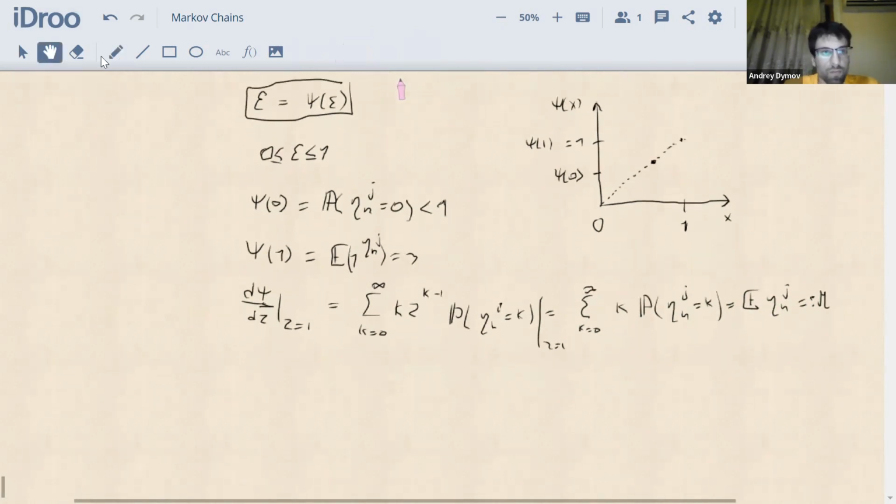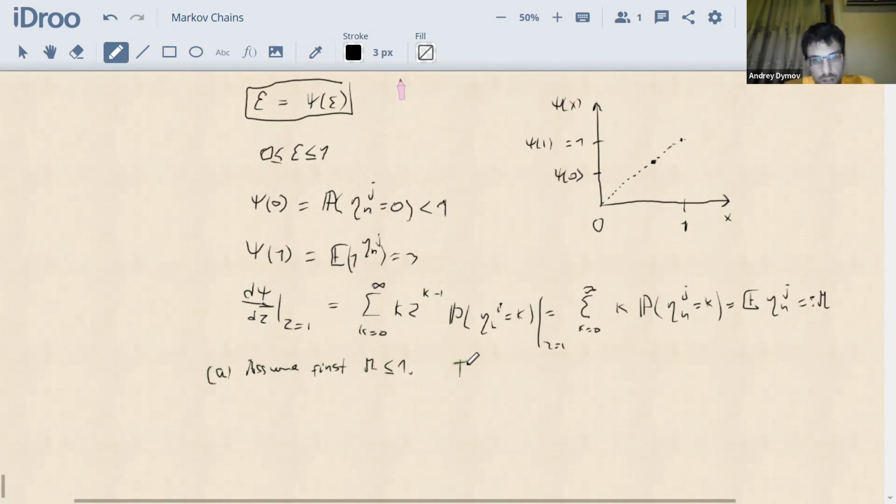Let us first assume that mu is less than or equal to 1. This is case A. Then what do we have? We have that the derivative of our function at this point is less than or equal to 1. So it means that